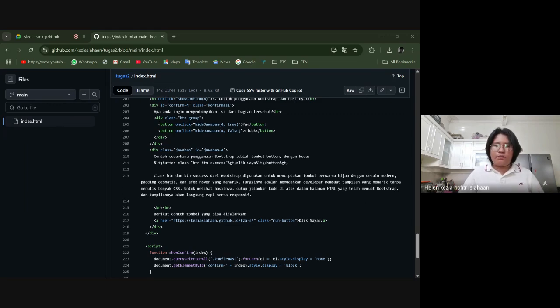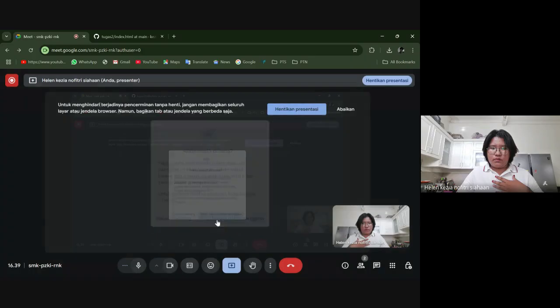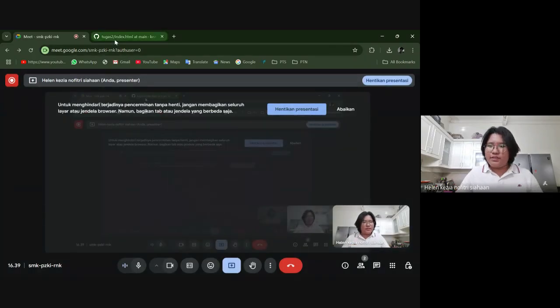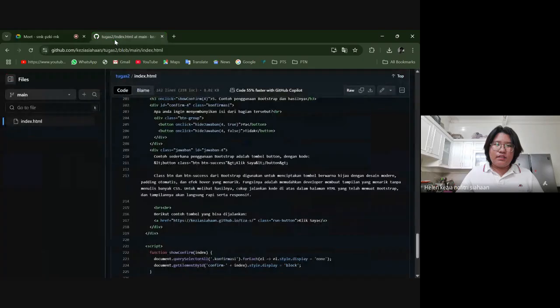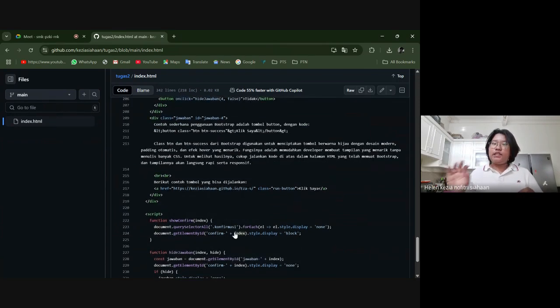In here, I input a button. The button says click saya. It will go to my personal web. Okay, let's continue. It will go to my website, which is kzian.github.io/eza/, and it will be done for the body of my website.